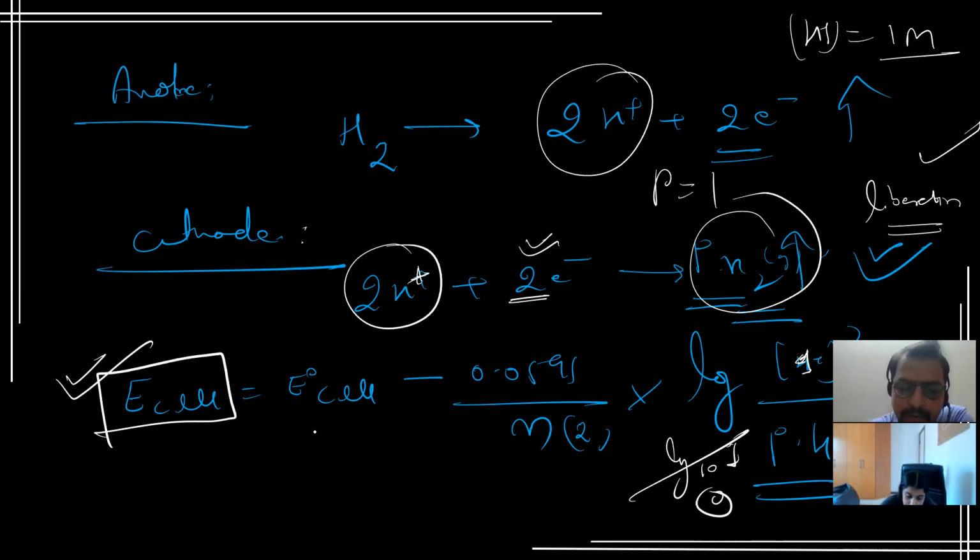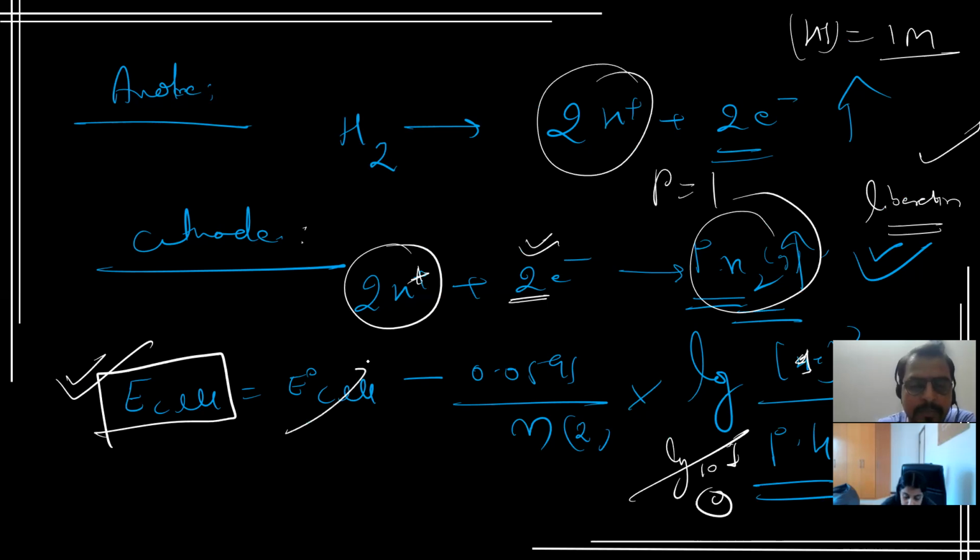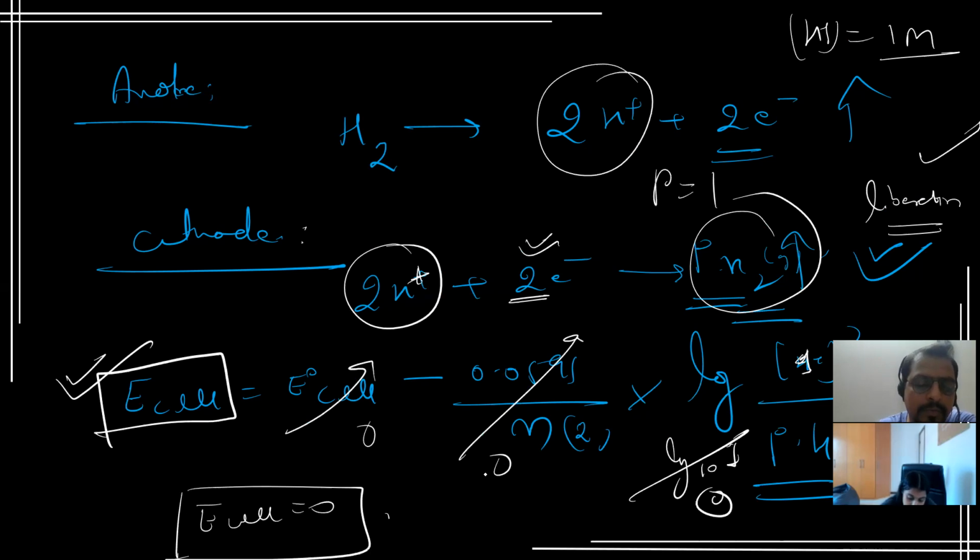And in this particular scenario, you see there is only one metal. The anode and cathode are both made up of platinum. Platinum is acting as both anode and cathode. So the overall E naught cell will be 0. So when you put it like this, this value becomes 0 and this value becomes 0. So E cell becomes 0. That is how we do the SHE, standard hydrogen electrode. So that is how our chapter is completed.